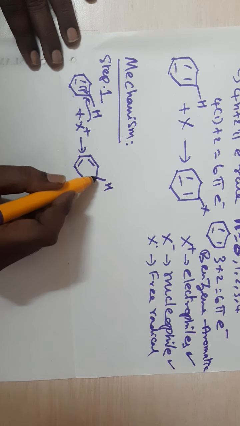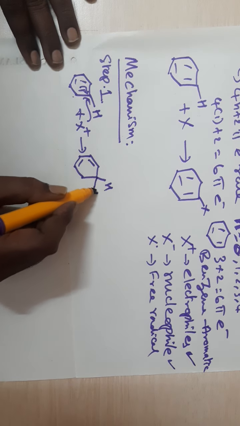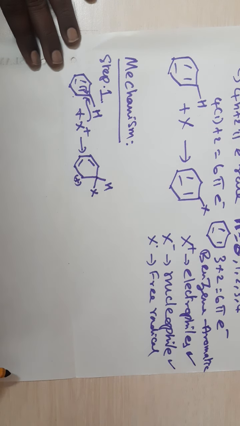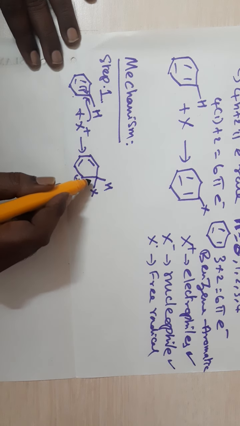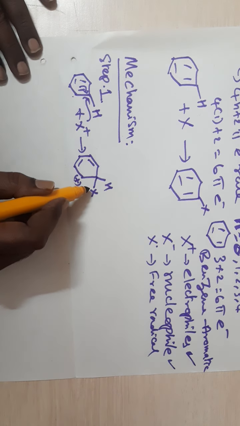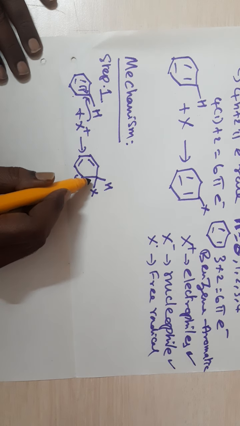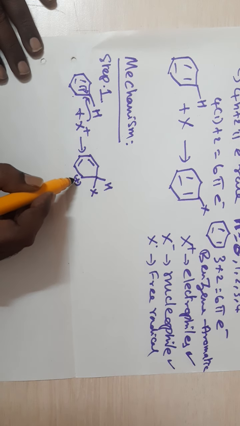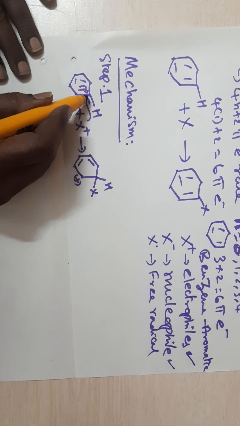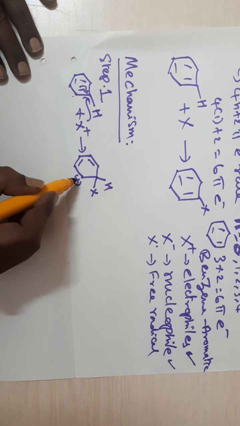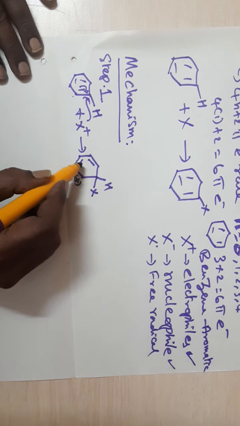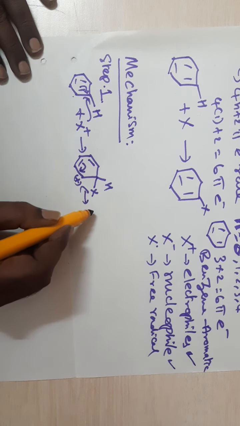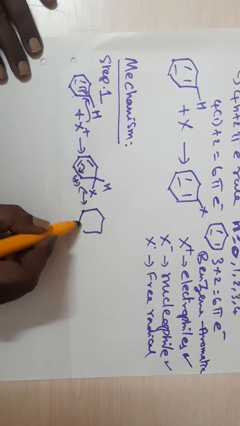The pi electrons are used for the formation of a bond with X. So a positive charge. These pi electrons are shifted. Here you have a sigma bond between the carbon and X. So C-X, a sigma bond is formed. See, now the positive charge is on this carbon because the pi electron is shifted to this carbon. The positive charge is in conjugation with a pi system. So the pi system can be delocalized and you are able to draw resonance stabilized structures.